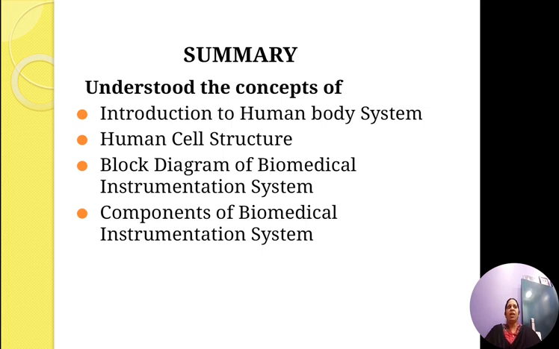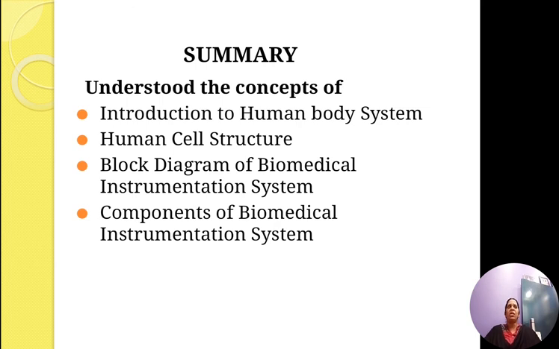Then we have the cell organelles. Cells are composed of various cell organelles that perform certain functions to carry out life processes. The different cell organelles have different functions. Like we have the nucleolus, it is the site of ribosome synthesis. It is also involved in controlling cellular activities and cellular reproduction. Then we have the nuclear membrane, which protects the nucleus by forming a boundary between the nucleus and the other cell organelles. Then the chromosomes, which play a very crucial role in determining the sex of the individual.